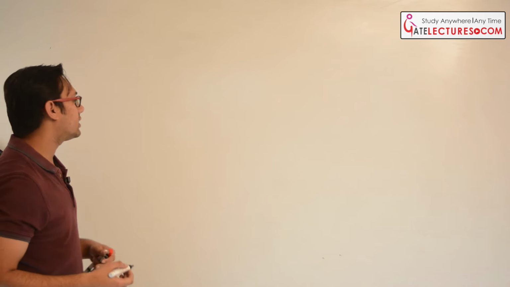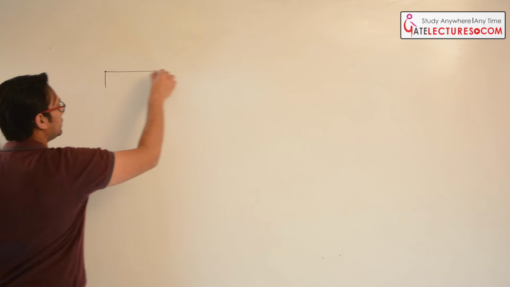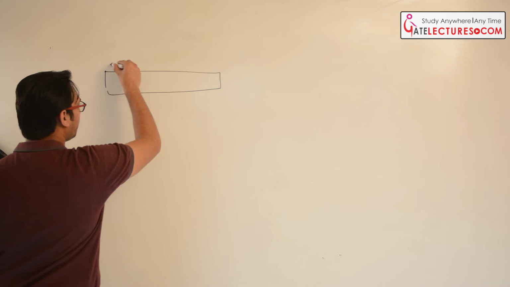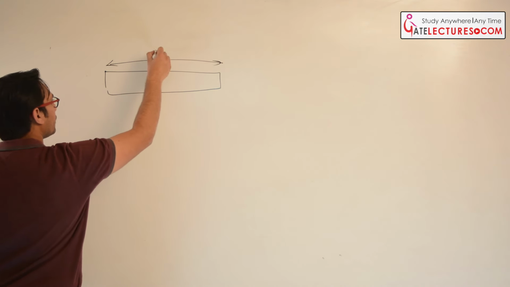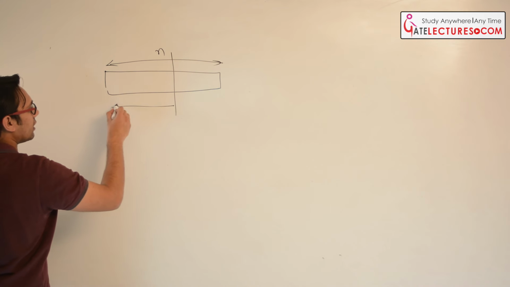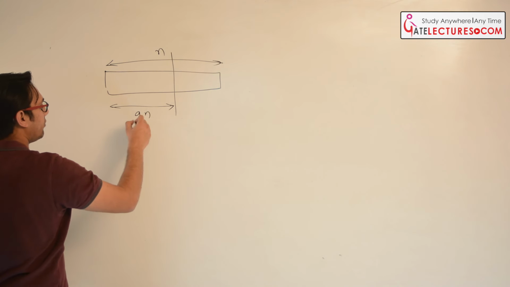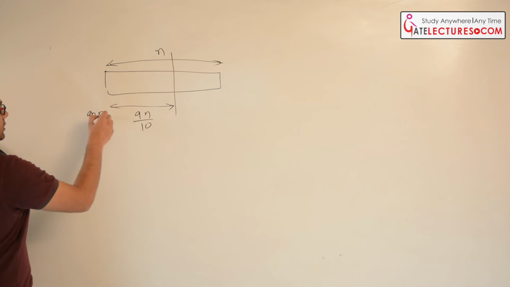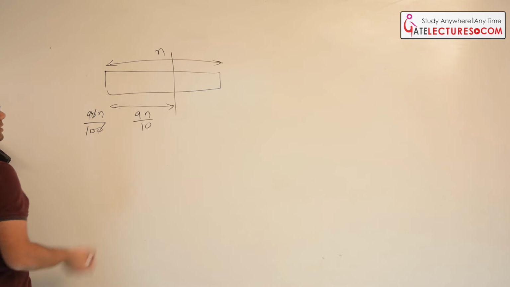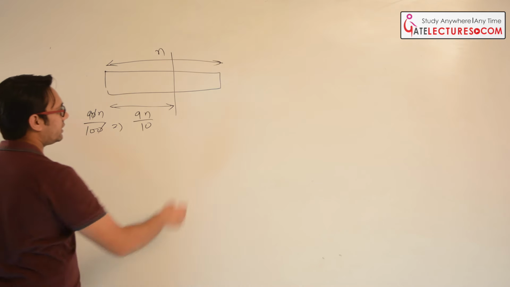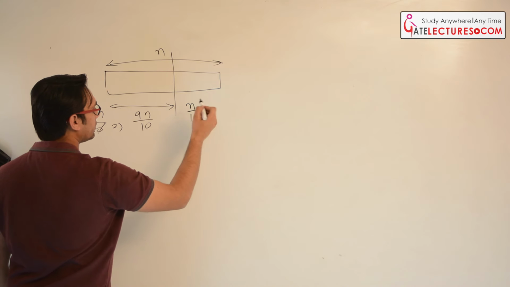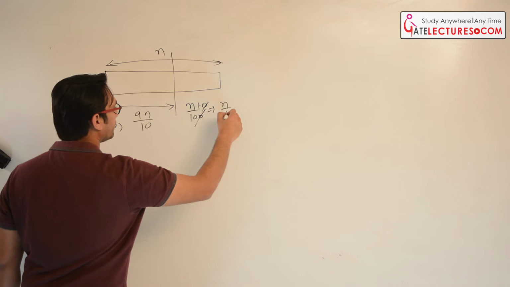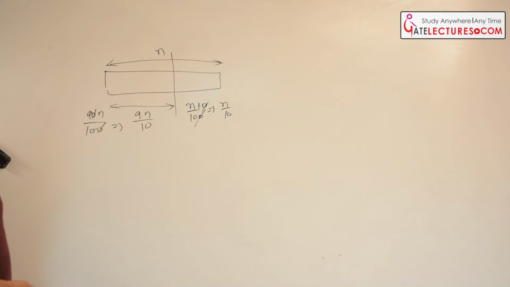Fine. Now let us say we have some data, and every time we apply quick sort on the complete n data items, in the first half we are getting 90% of the data, or you can say 90 by 100, where the 0 is cancelled by 0, therefore it will become 9 by 10. And then here we are going to get 10% of the data, which will be equal to n by 10, right? So in that case, what will be the time complexity?